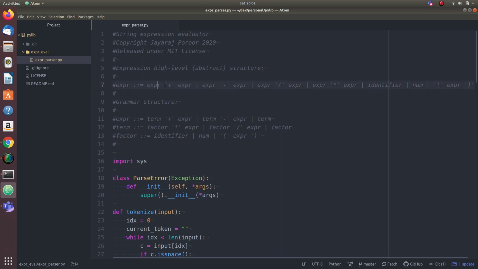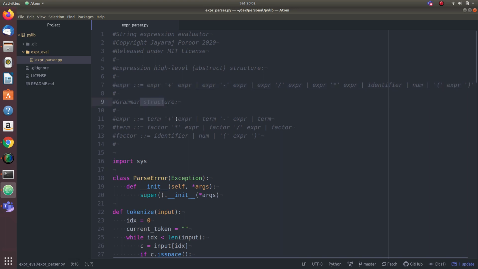For example, if expression is a function, and we say expression results in invocation of expression and plus an expression, this will result in infinite recursion. So we have to have a grammar structure without this kind of left recursion, because we are going to parse it top down.